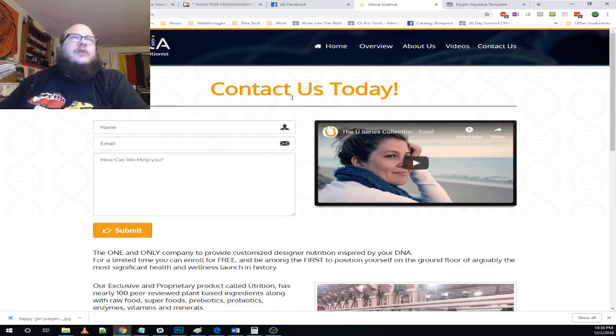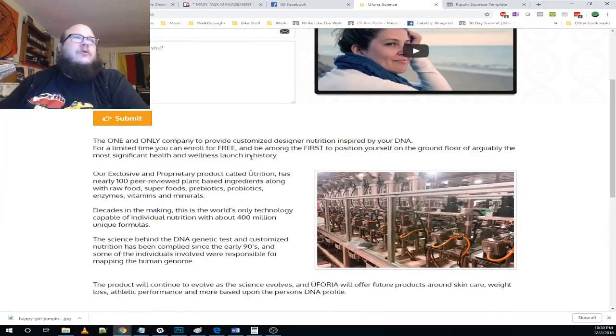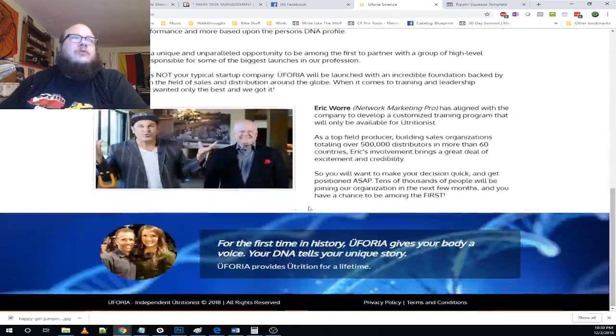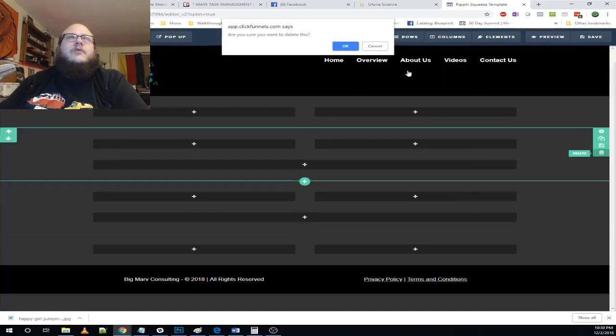And what else? It looks like a 1-column row, a 2-column row, another 1-column. Then we'll say 2-column, 1-column, 2-column. So I'm just gonna keep it as one section though. So let's go ahead and delete,